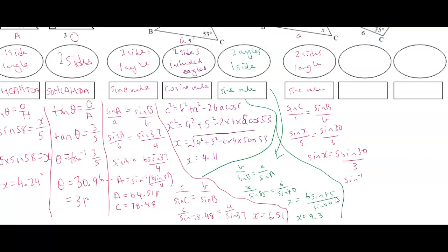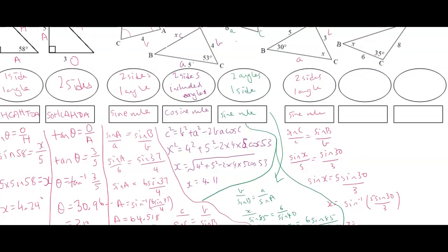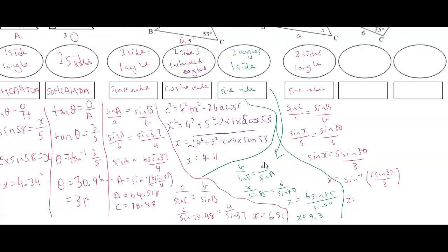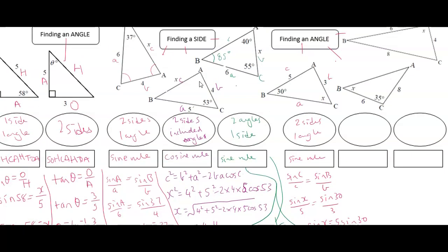All right, so x is equal to inverse sine of 5 sine 30 over 3. And then we just put all that into the calculator. I need to check my working out. Let me just make sure I'm in the right spot. All right, so our value of x is 56.4 degrees. Now, as this triangle is drawn, you can see that it is an acute angle, less than 90 degrees,